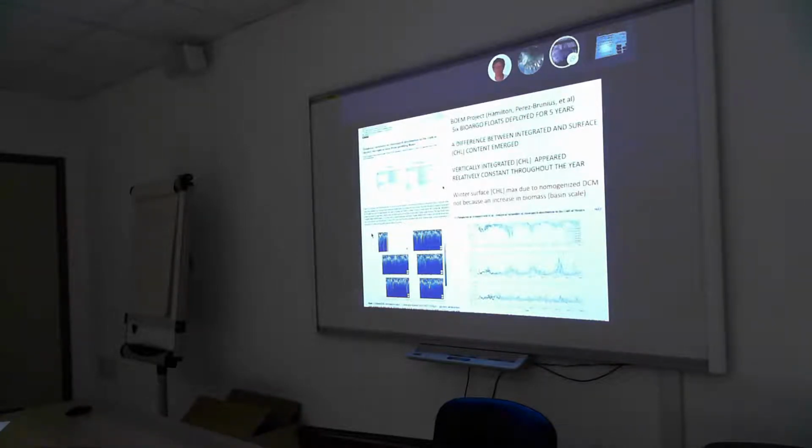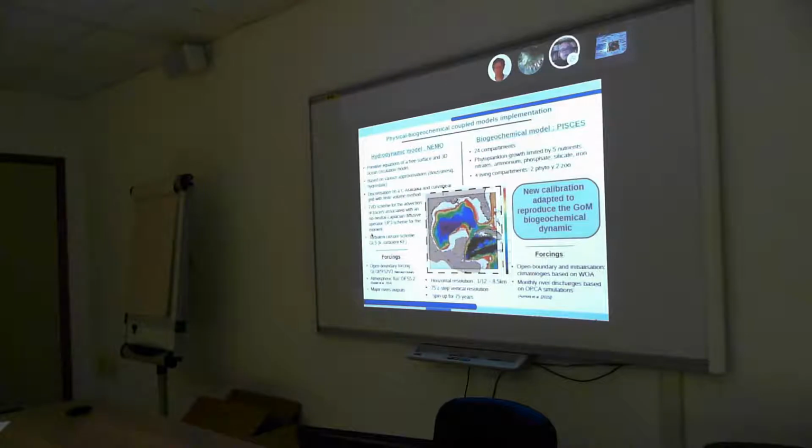the nutricline was slightly deeper than the deep chlorophyll maximum, and the mixed layer was not reaching this nutricline, and that's why we didn't get any new increase in biomass. So these are the kind of things that we are now trying to reproduce with the models, and if we are able to do that, also look at other properties that we can compute